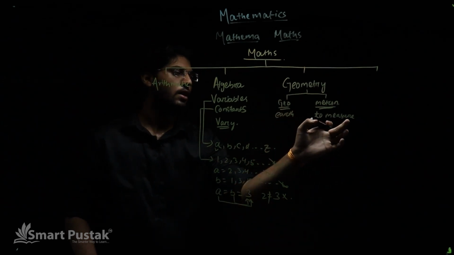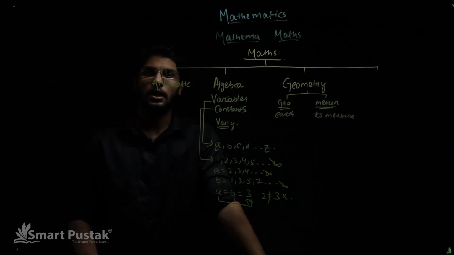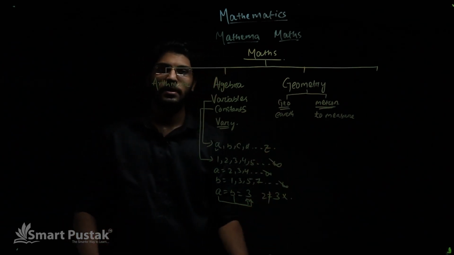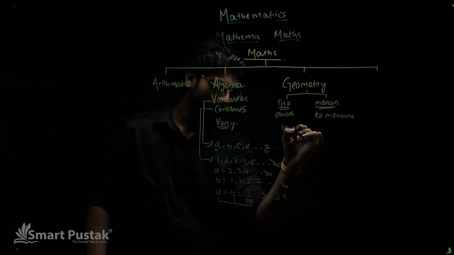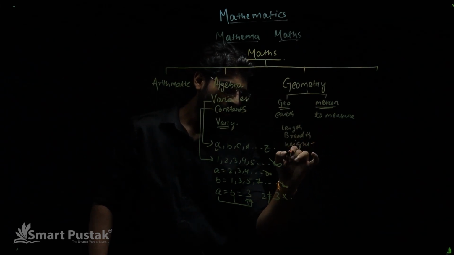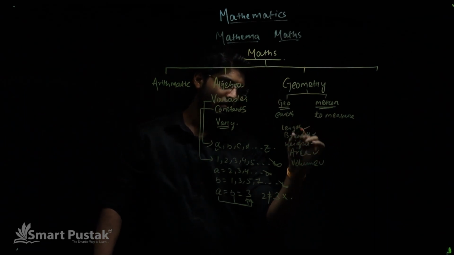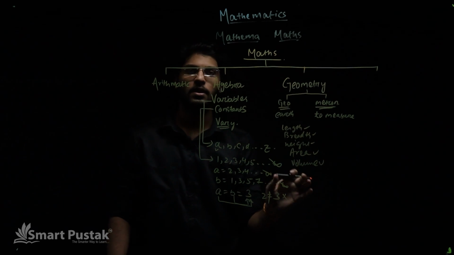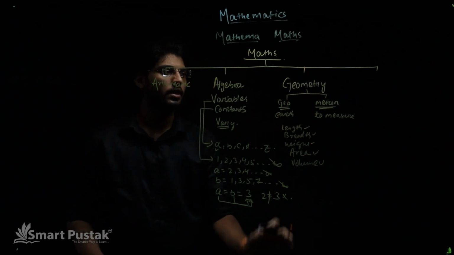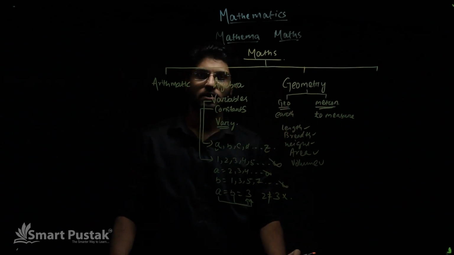So what does the combination of geo and metron refer to? Geo means earth and metron means to measure the various physical quantities or solid objects present on our earth's surface. We can measure them. Now the question is, what will we measure? We can measure the length, the breadth, the height, the area, as well as the volume. These are the parameters or properties that we use to measure a solid object, and nothing else. So geometry is the branch of mathematics that deals with the measurement of any solid object or anything else present on our earth's surface.